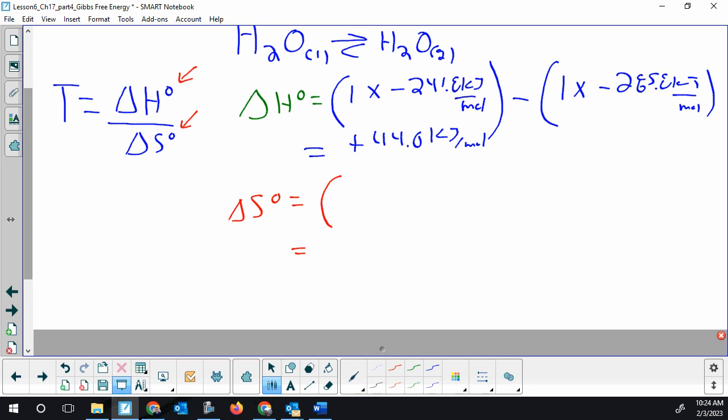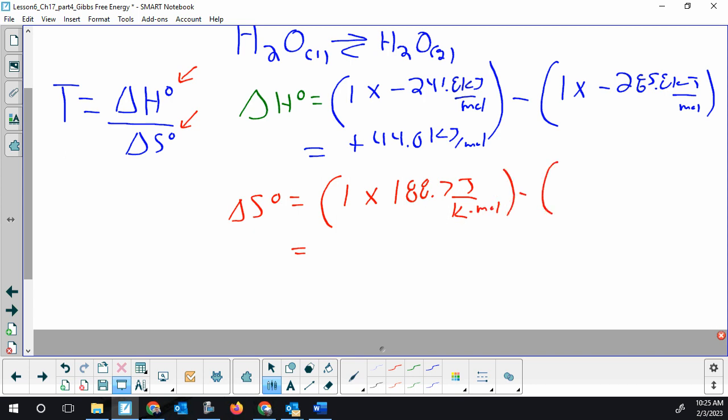When you look up enthalpy and Gibbs, they're formations. But for entropy, it's absolute. Okay, so elemental forms aren't 0 anymore. We don't have any elemental forms, so we don't have to worry about that. So we're back to the gas first, and the absolute entropy for water vapor is 188.7 joules per Kelvin per mole,